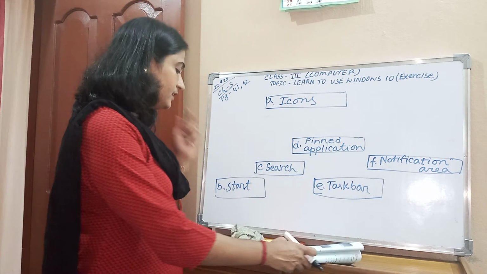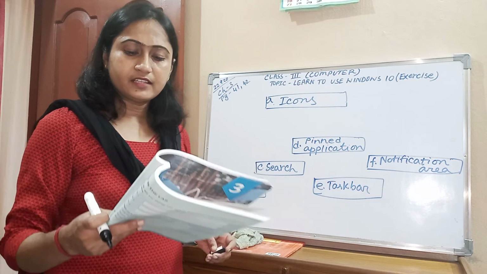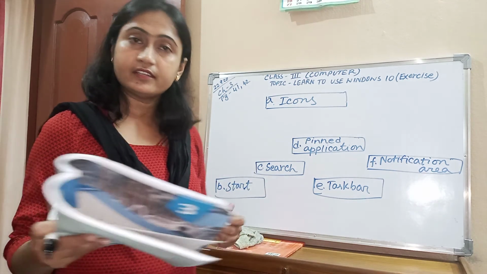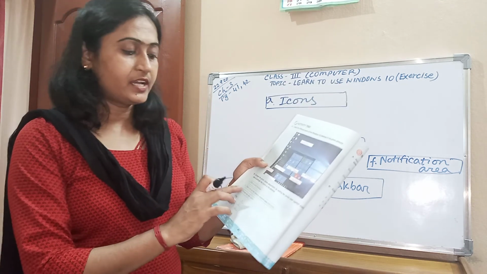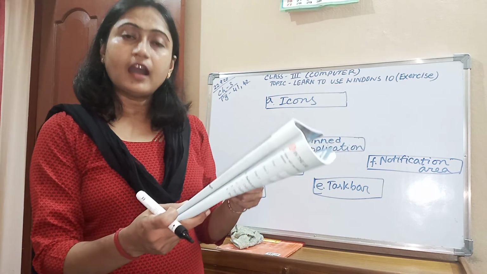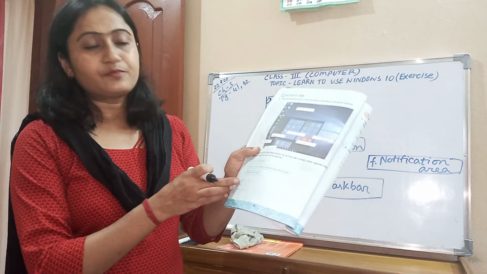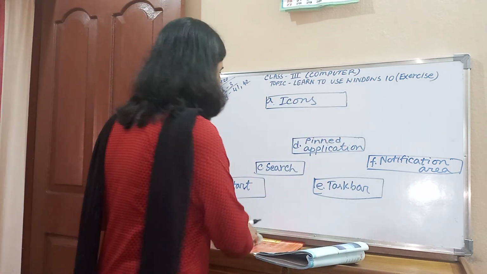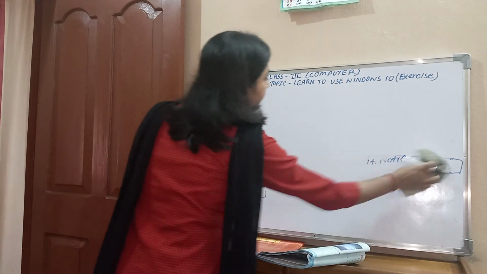Okay. And next part, arrange the given steps sequentially by writing the correct letter against each step to arrange the icons on the desktop. Number A, click on auto arrange; number B, right click on the desktop anywhere away from icons; and number C, choose the view option. Here for step 1, step 2 and step 3 you have to write the correct letter. Okay, this was number A.